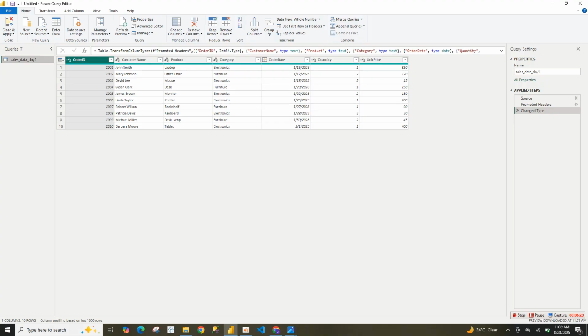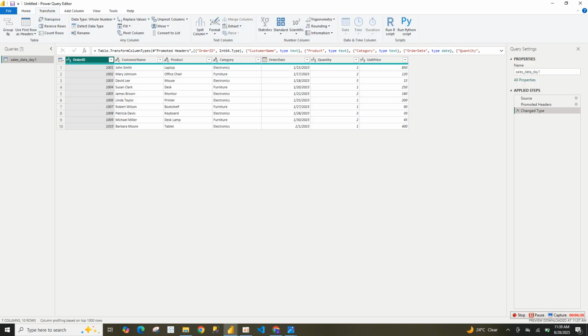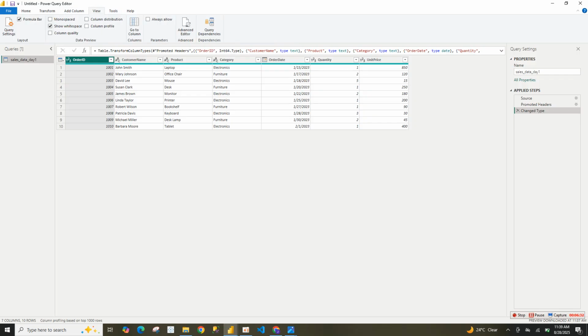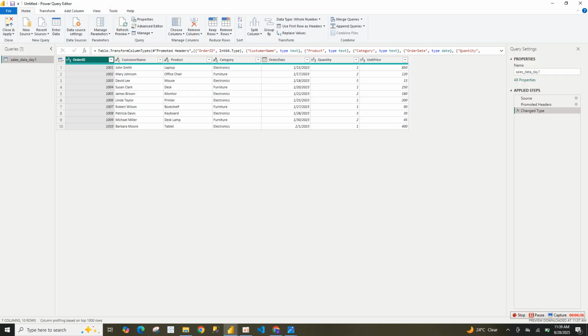And the ribbon tools that we talked about are the Home tab, the Transform tab, the Add Column tab, the View tab, the Tools tab, and the Help tab. These are your tools. These are what you will need to clean, season, and chop everything you need to do to make it suitable for your